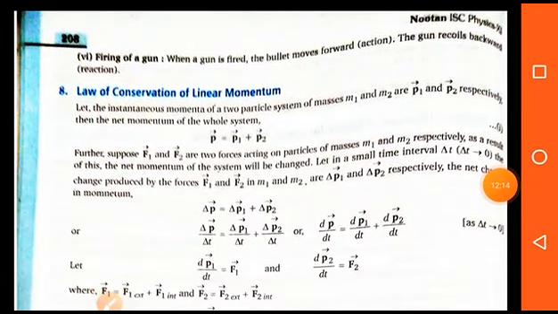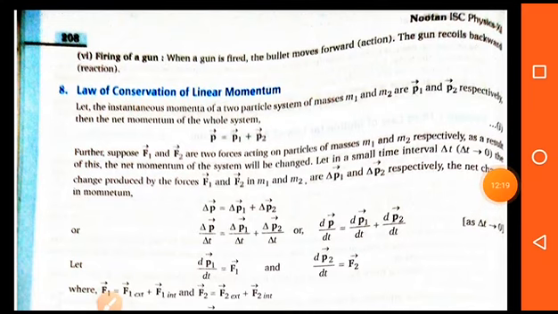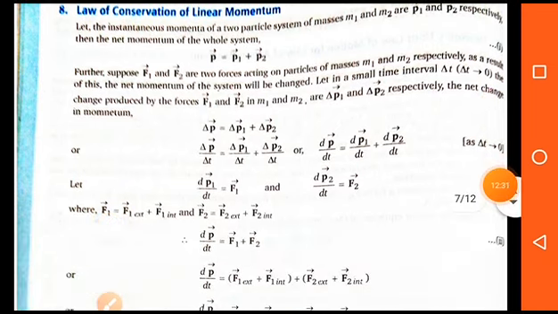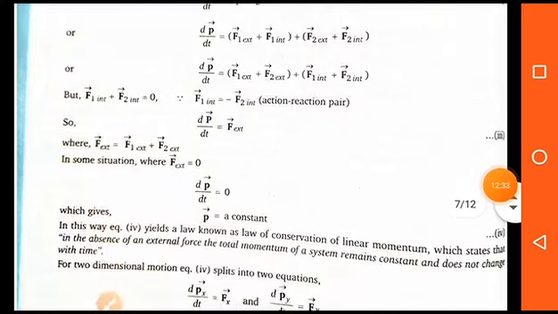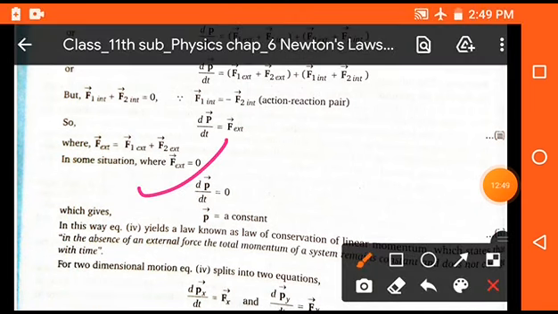Now students, we will discuss a most important topic, the law of conservation of momentum. The law of conservation of momentum states that if we consider a system made up of a number of particles, and every particle has a momentum p1, p2, p3 and so on, then the total momentum of the system remains constant. That means there is no change in the total momentum of a system if no external force is applied on that system. That is, delta P upon delta T is equal to 0 when no external force is working.